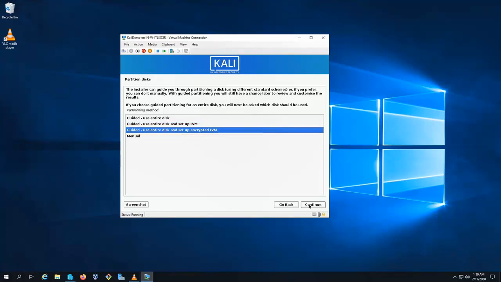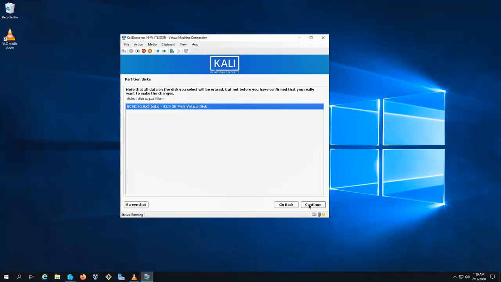So the question is why? Penetration testers typically have sensitive information in their possession. A successful test can reveal flaws in the client's network or maybe passwords. Therefore, testers frequently should secure their systems using full disk encryption. Now, Kali uses a combination of logical volume management and linux unified key setup for disk encryption. So select the third option and click on continue.